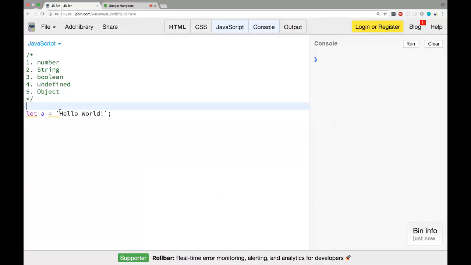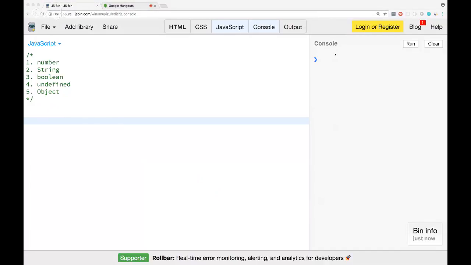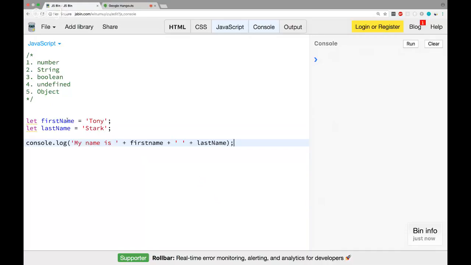So why do we have another additional type of quoting methodology in addition to double and single? It's because of something called template literals, which is new in the language. So let's take an example to understand this. So if I have a person with a first name Tony and a last name Stark, and at any given point in time, I want to create a string that contains these variables,